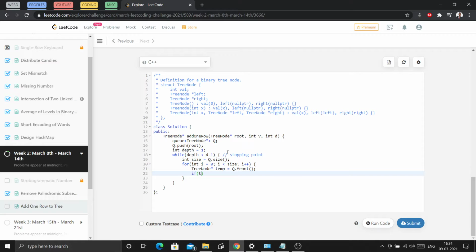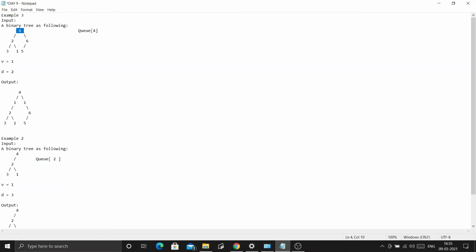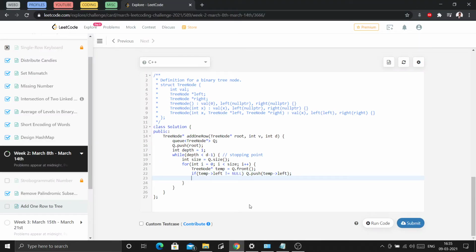So if temp's left node is not equal to null, then we can push it into the queue. What can we push? temp's left. So at this level our 2 is inserted, and also I will insert 6, which is right. So I will check if right is not null.